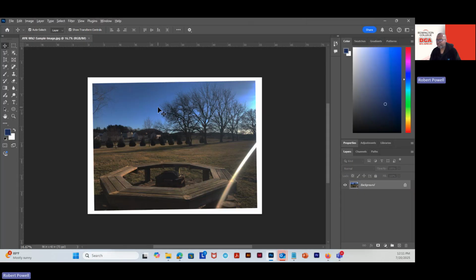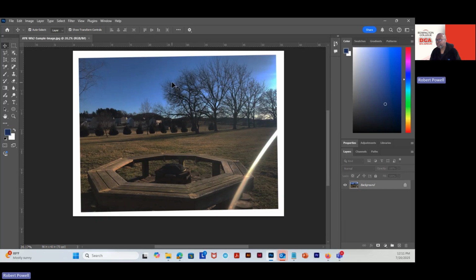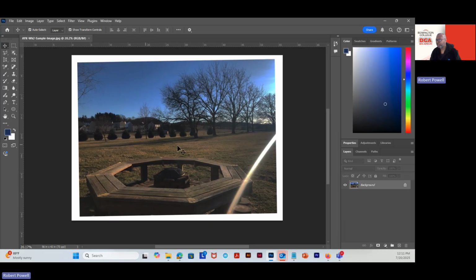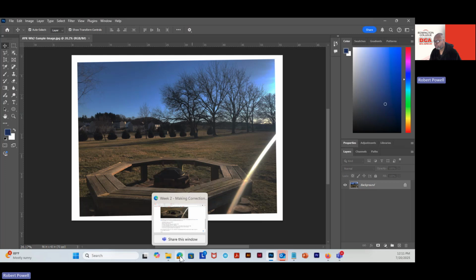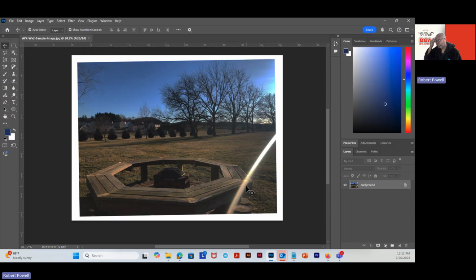As we see, we have the image up right now, and we're going to be making slight modifications to this particular file. The next instruction calls for us to rotate the image so that it is lined up in a perfect rectangle. So in order to get this image to rotate,